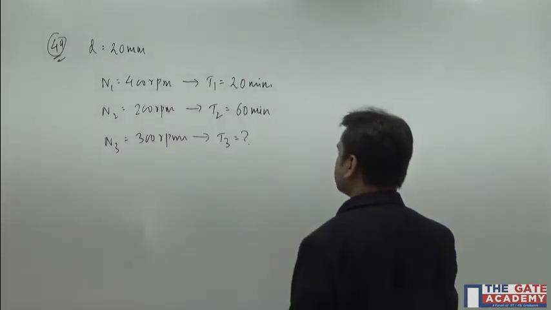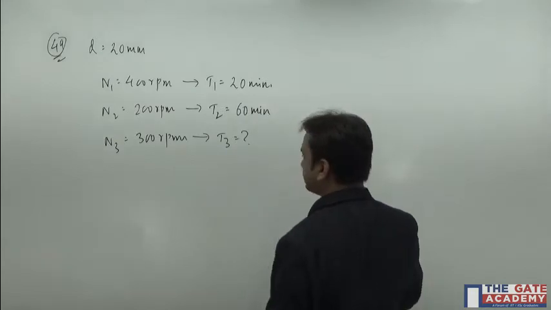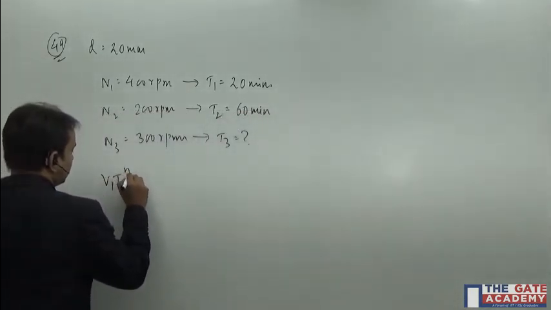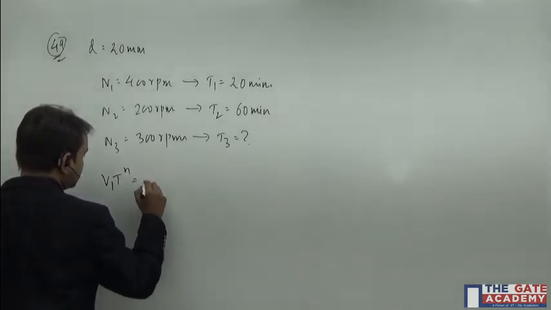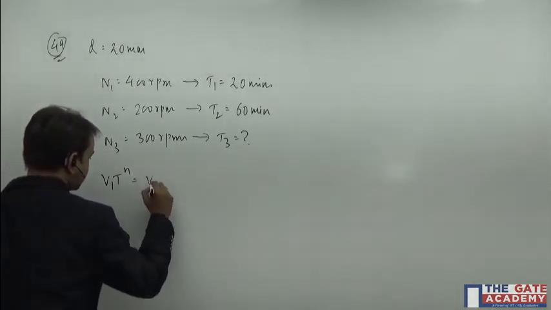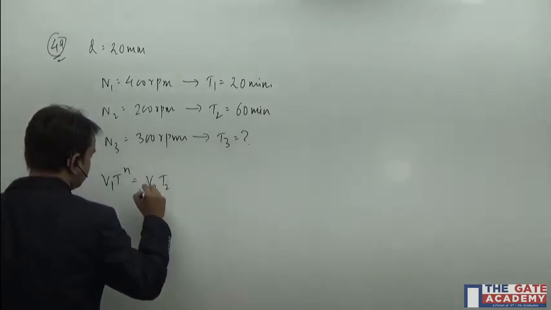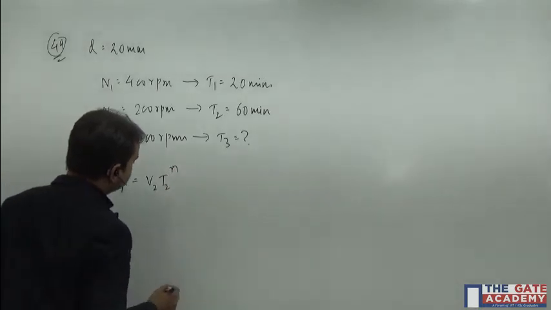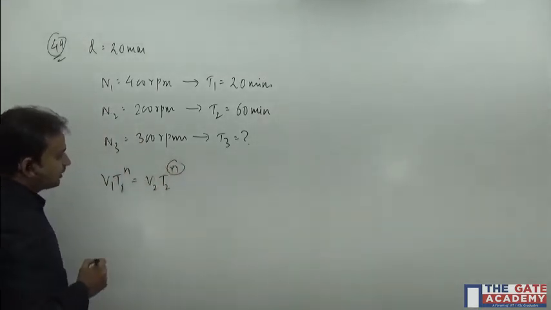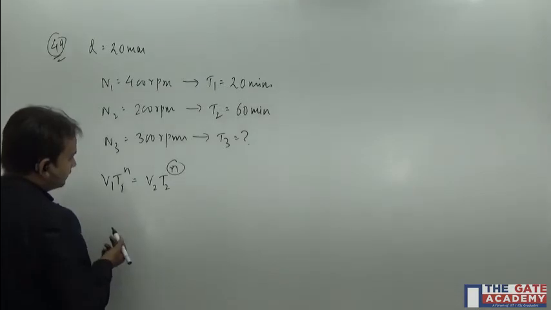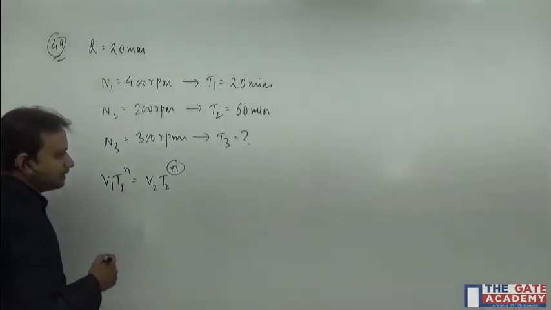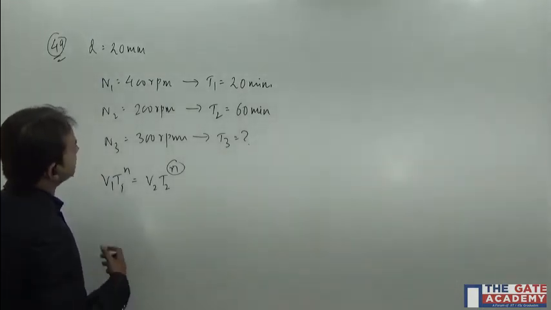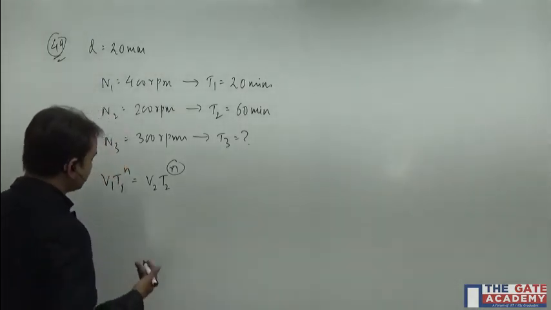So for that, my friends, it's very simple. Use directly Taylor's tool life equation, which is given by V1 T1 to the power n is equal to C, or directly you can mention it as V2 T2 to the power n, like this. So firstly, you need to determine this coefficient over here, right? So how to determine V1? V1 is nothing but pi D N by 60, but everything is already in minutes and we don't need to convert it into seconds, so it's pi D N only, right?